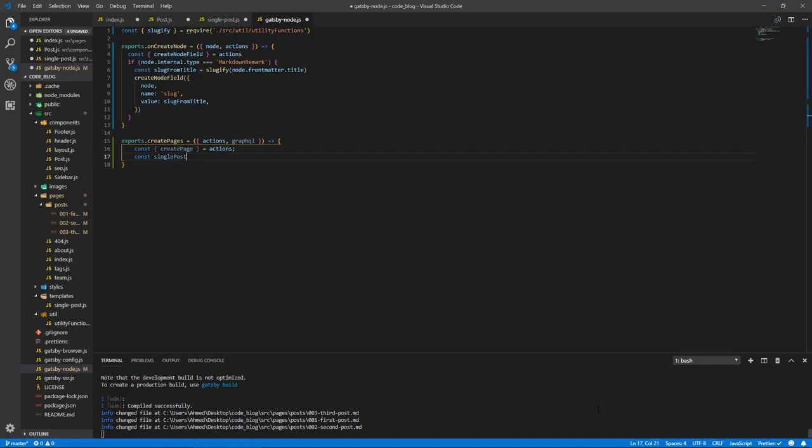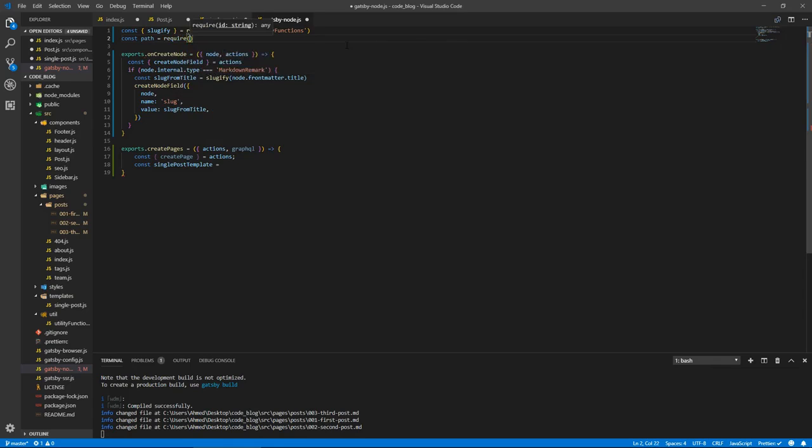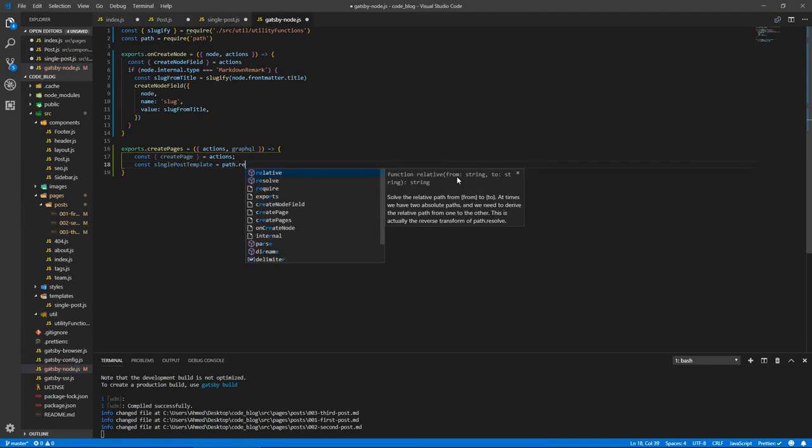So const singlePostTemplate, and we actually need path for this, so let's bring in path. So path equals require path. So with the path.resolve,